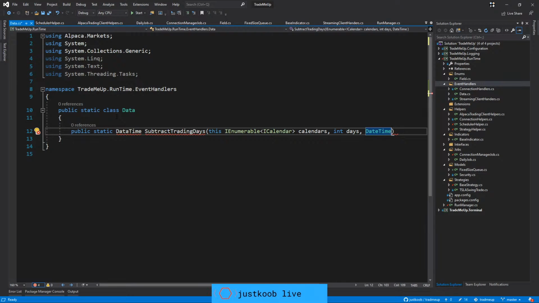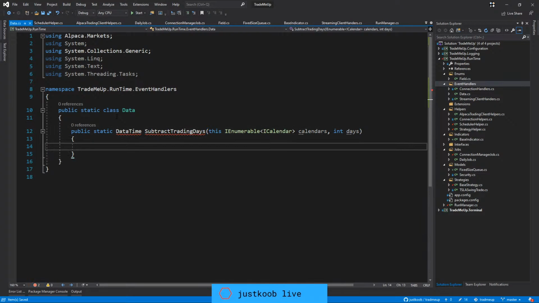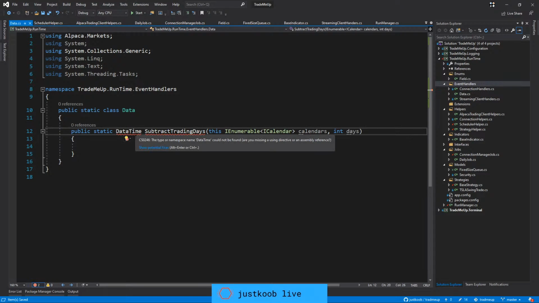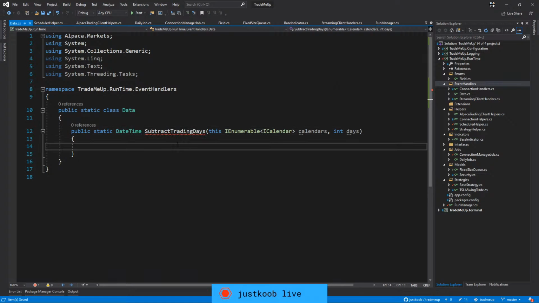Or do we just want to assume? Let's just assume now, right? Oh, should be date time. All right, so subtract trading days. Okay, and we said we were going to take calendars,